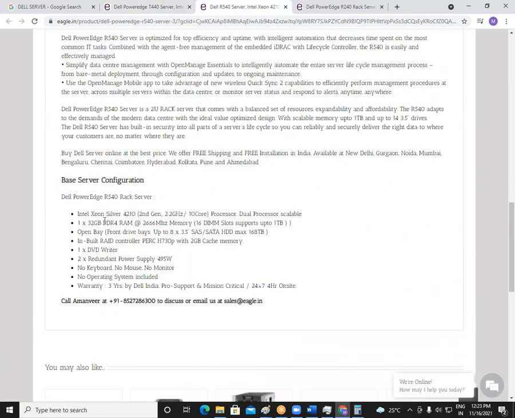Okay, so Intel Xeon processor here, it is also supporting 10 cores, but the speed is 2.2 gigahertz, a bit less. And this is all dual processor scalable. So one slot is supporting 32 GB RAM actually. That's good. Okay, so we have totally 16 slots here, and the speed it is supporting is 2666 actually. But again, one thing we need to see here is no operating system included. This is the cost of only your physical machine. Warranty is for 3 years.